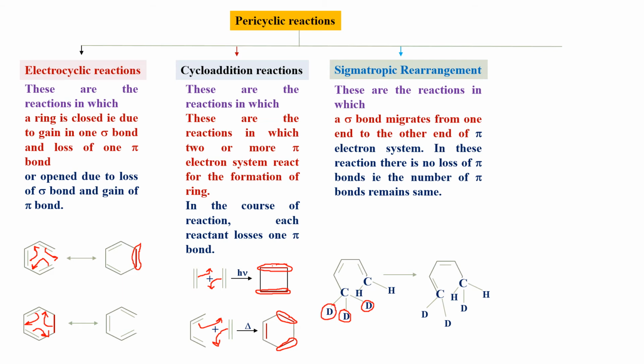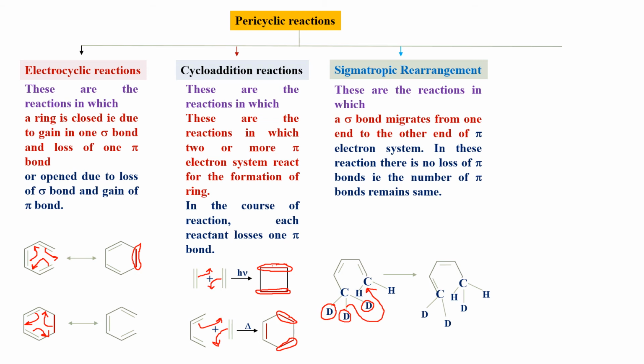This replacement has been done before the start of the reaction, so that we can come to know that really a group has been migrated from one carbon atom to another. When the reaction is carried out, this sigma bond shifts from this carbon atom to this carbon atom. This is a terminal carbon atom, and this is a terminal carbon atom. So a group, or sigma bond, has been shifted from one terminal carbon atom to another terminal